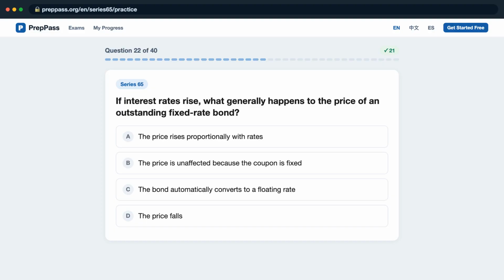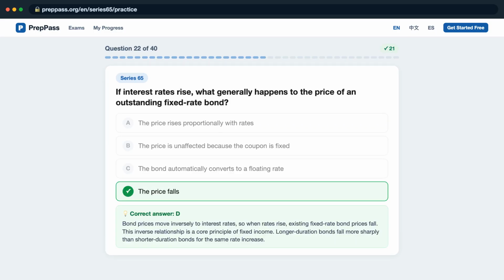Question 22. If interest rates rise, what generally happens to the price of an outstanding fixed-rate bond? Is it A, the price rises proportionally with rates? B, the price is unaffected because the coupon is fixed? C, the bond automatically converts to a floating rate? D, the price falls? The correct answer is D, bond prices move inversely to interest rates, so when rates rise,